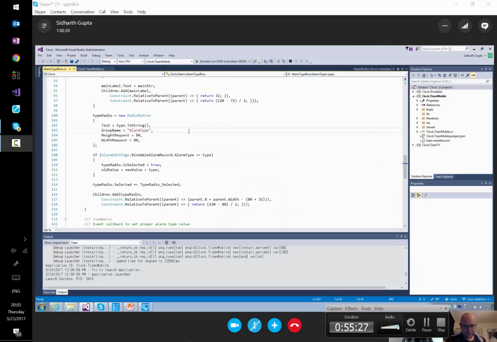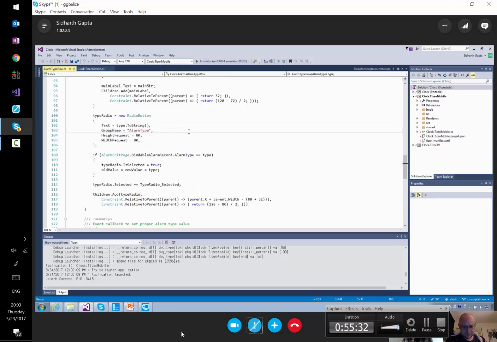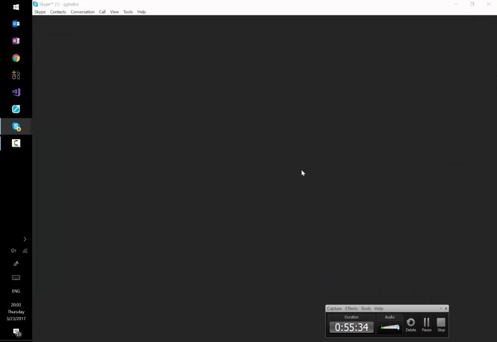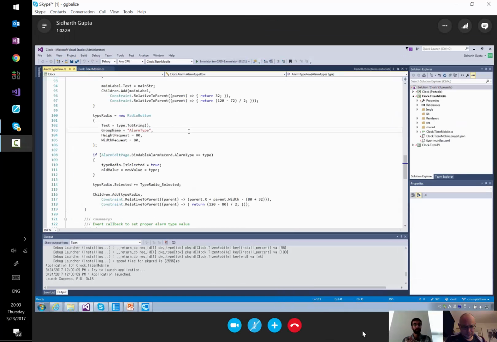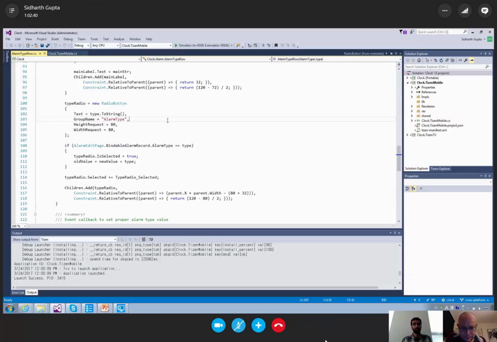One is supporting the normal core controls. Then we have Tizen platform specific controls, and then we have the Tizen Xamarin Forms extension APIs, like the radio button, which I just showed you. And all of these are contributions to either the .NET Foundation's .NET Core open source project or the Xamarin Forms open source project. And we're doing this, but we would really love for our fellow developers and friends to join